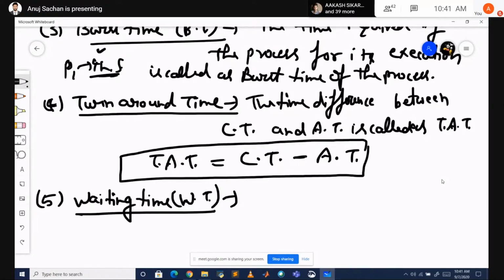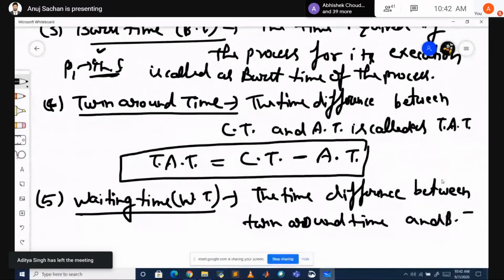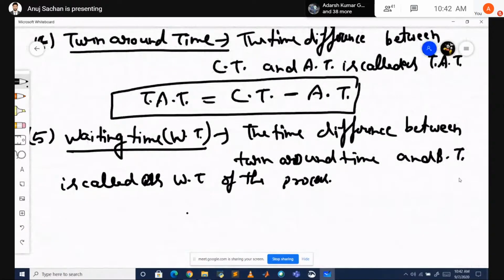वेटिंग टाइम: जब प्रोसेस क्यू में होता है और जो वेट कर रहा होता है उसे कहते हैं वेटिंग टाइम। टाइम डिफरेंस बिटवीन turnaround time and burst time called as waiting time of the process. अगर वेटिंग टाइम का फॉर्मूला लिखो तो बन जाएगा टर्नअराउंड टाइम माइनस बर्स्ट टाइम।